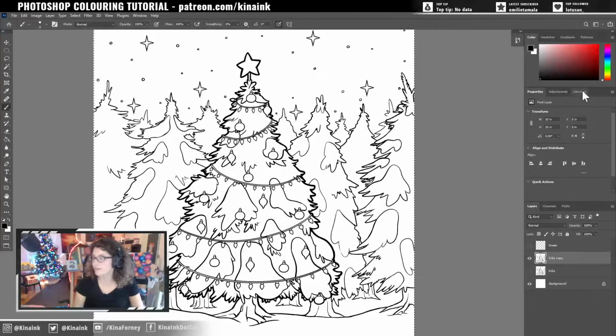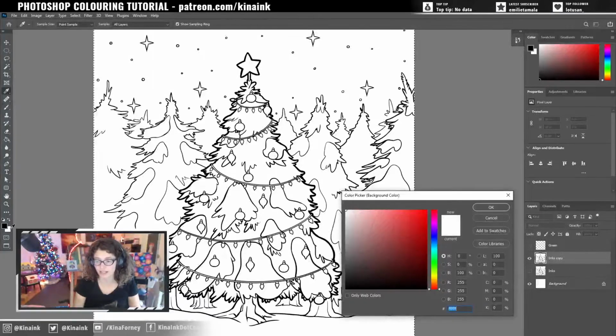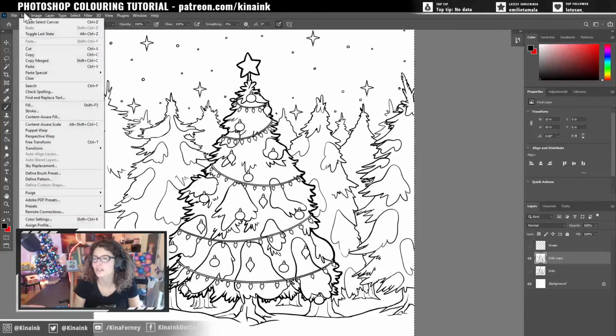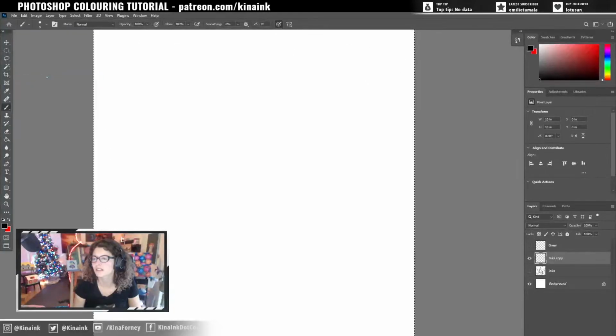So if I click on the back square, oops, sorry. If I click on this little square here, this is black at the front, it means that's my active color, foreground color. If I change the background color, I click on it, it's gonna ask me to change the color. Say I'll make it red. It doesn't change anything, it's just the color that's active, but I'm pretty sure that when you do edit clear, oh no, it doesn't do that. Sorry, I was totally wrong. If you can't get it to just be white,